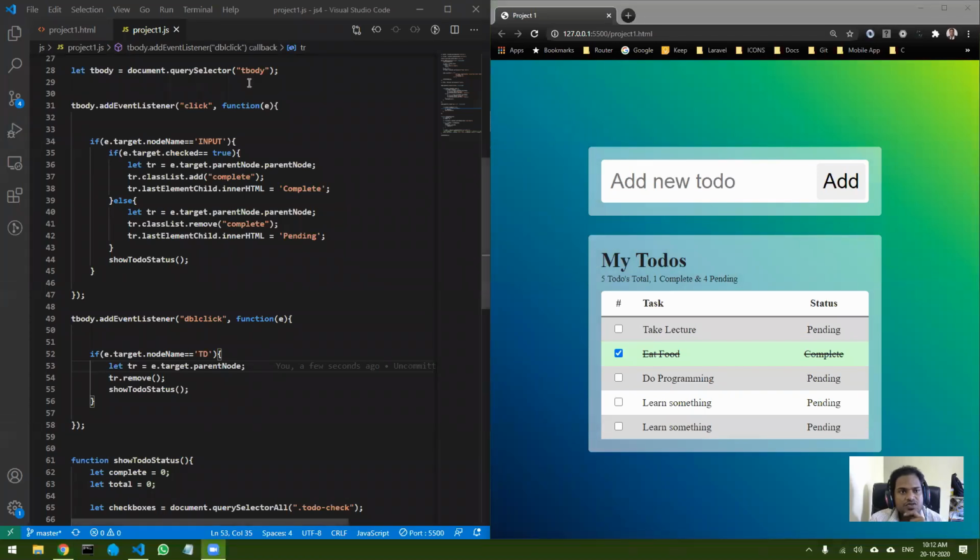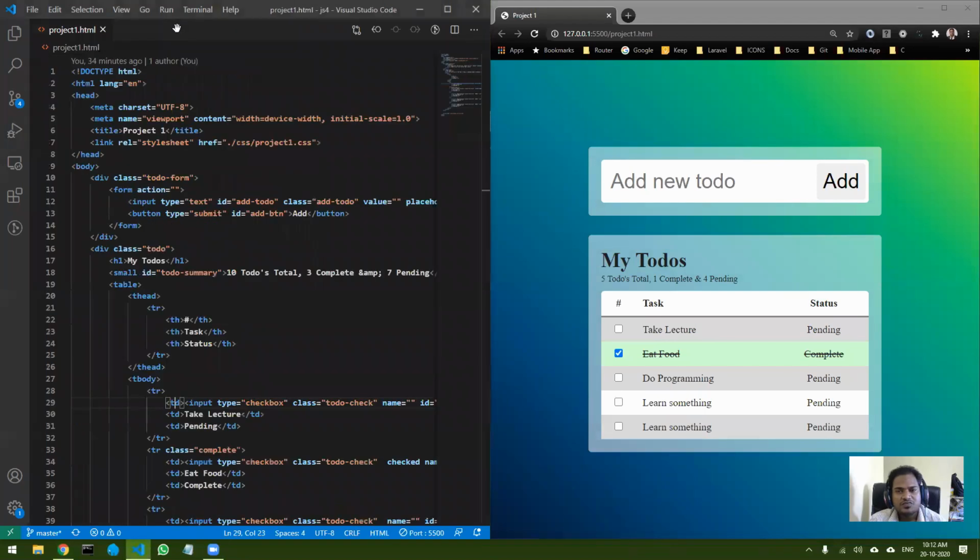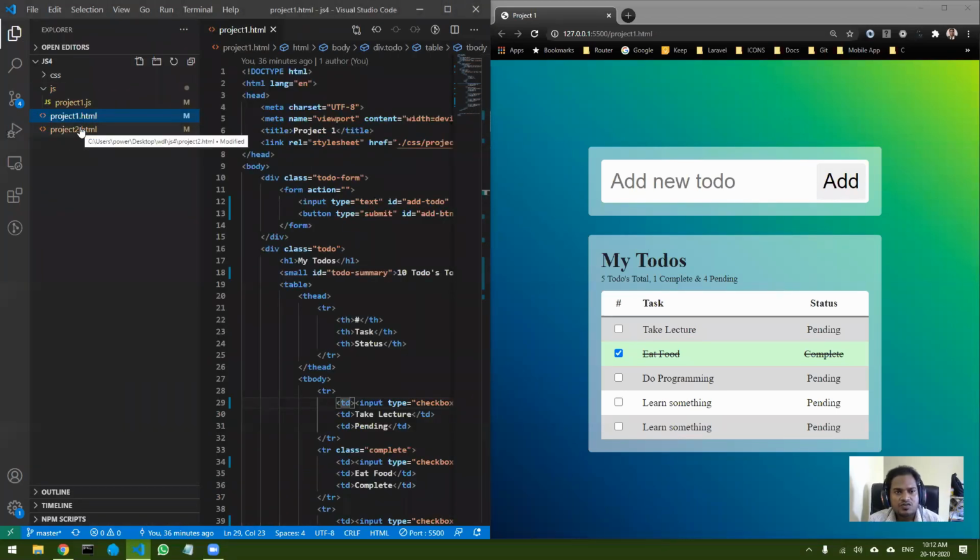Okay, so let's move on to the next project. How much time do we have? Okay, I think we have little time left. So we will move on to the next project, that is